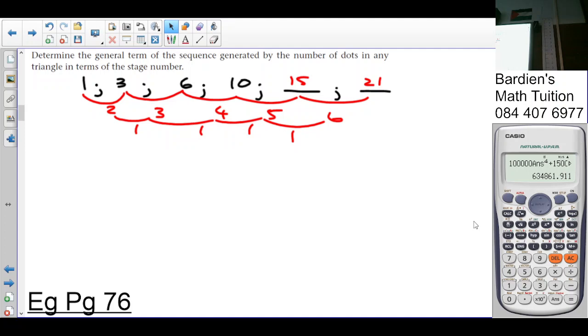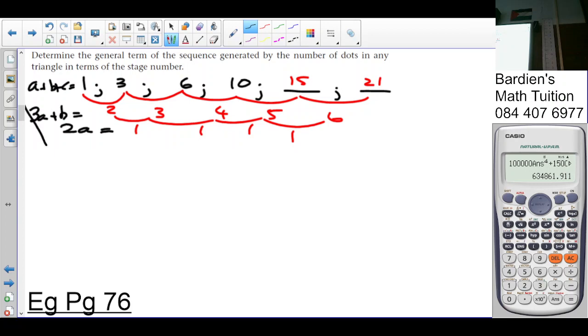Okay, you guys finish? Yes? Okay. So what do I write on the side? 2a, yes? Then people, 3a plus b, then a plus b plus c. On the bottom up we work. Okay. So it will be in the form of Tn is equal to an squared plus bn plus c. So 2a is equal to 1. So a is equal to